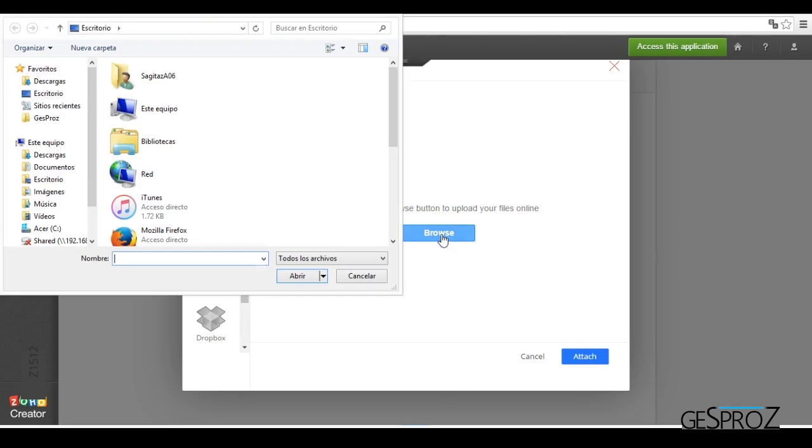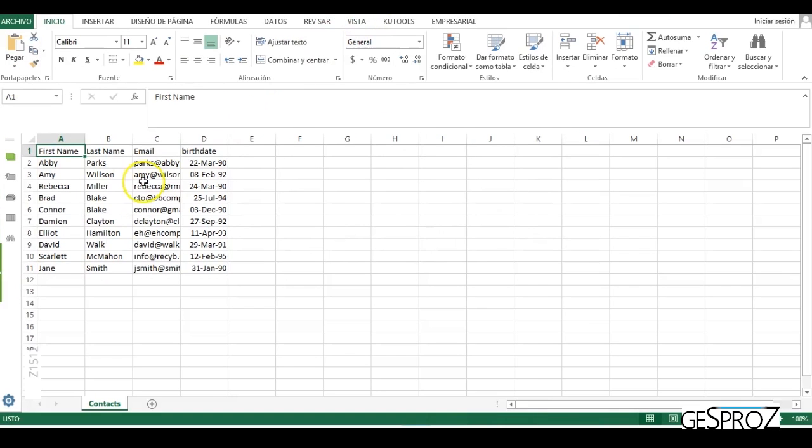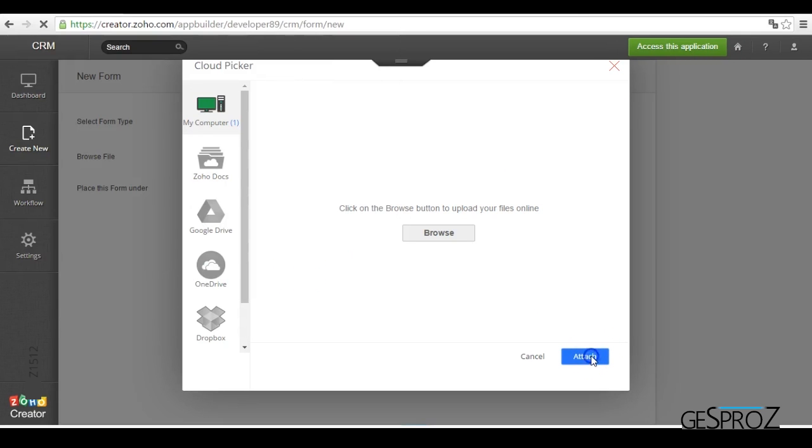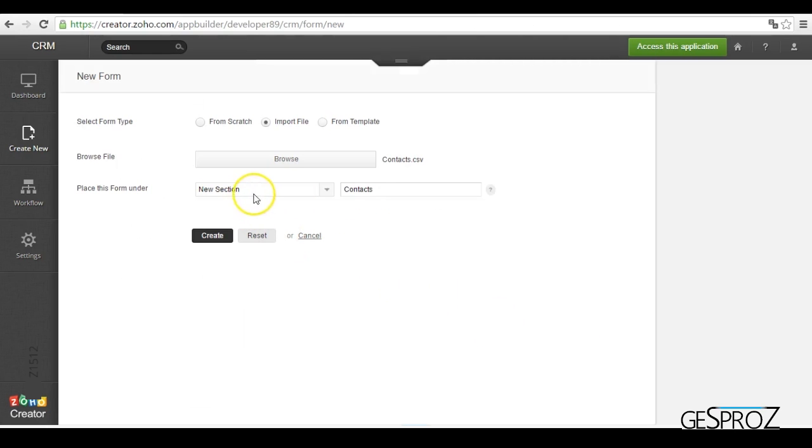We would select a file. In this case, I'm going to upload a contact file, as you can see here, which has first name, last name, an email field and a birth date field. I select the file and I attach it. I can say in which section I want to put it or create a new section,